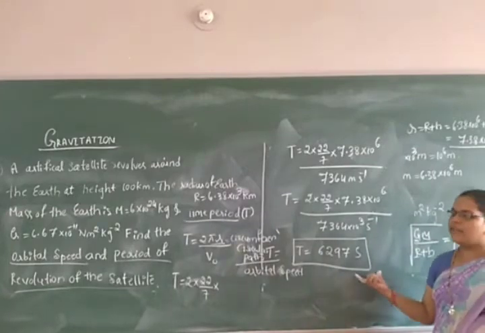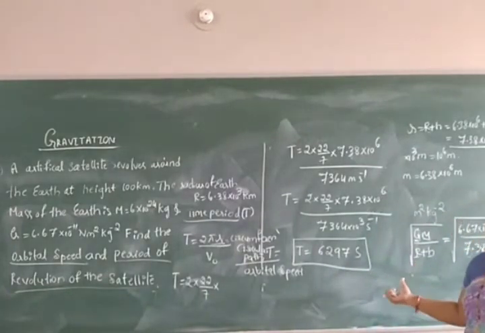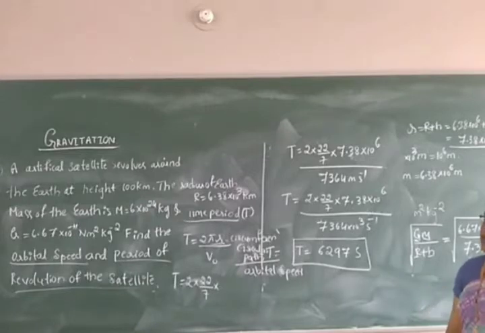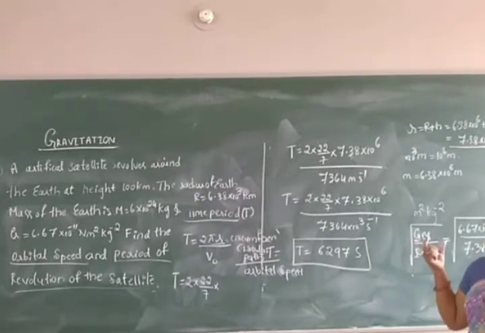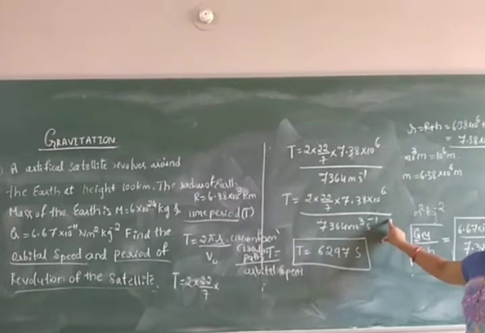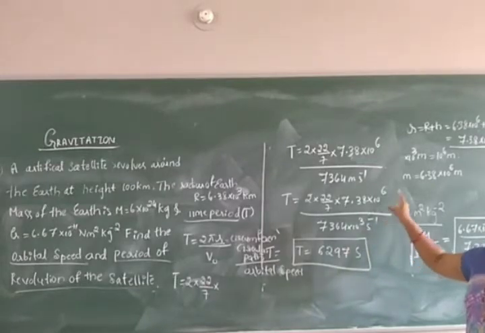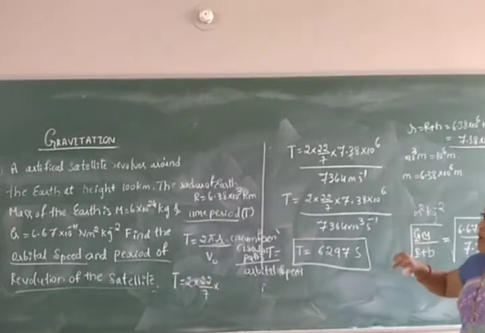So this is the expected value as we have calculated here, which they have asked in the problem. The artificial satellite revolves around the earth at the height of 100 kilometer, and the radius of the earth, mass of the earth and gravitational constant value are given. The only thing we have to find out is the orbital speed and the period of revolution of the satellite with the help of the equation orbital velocity, root of GM by r. R means the total radius of the orbit where the satellite has to revolve around the earth, that is R plus h.